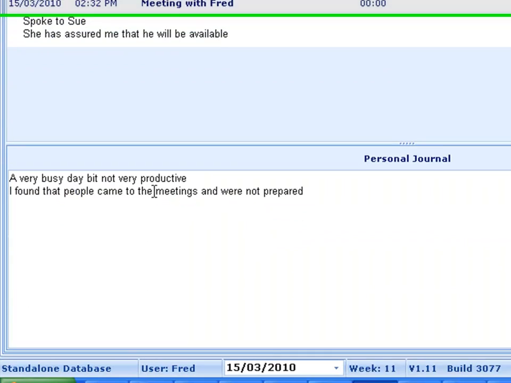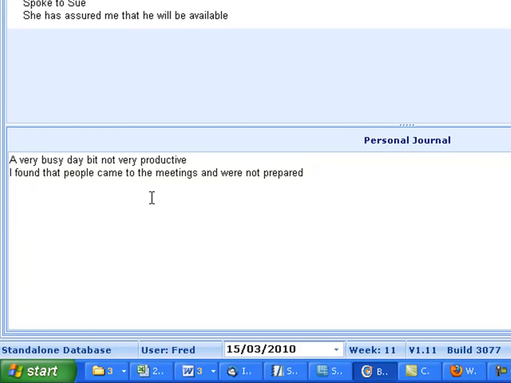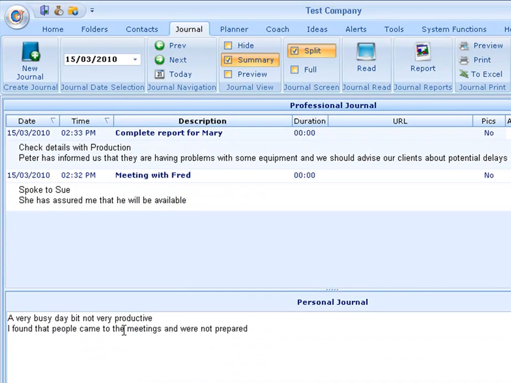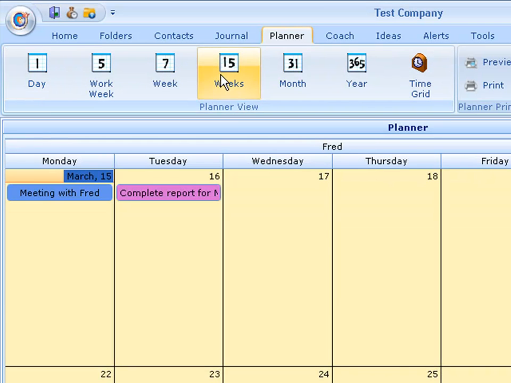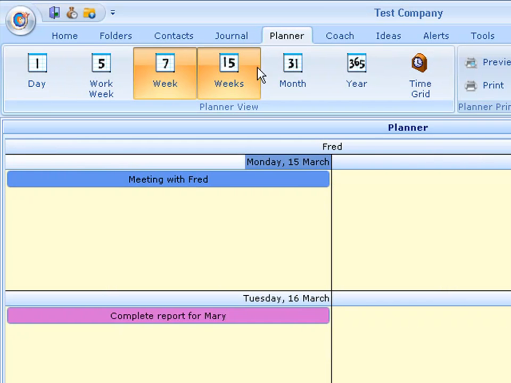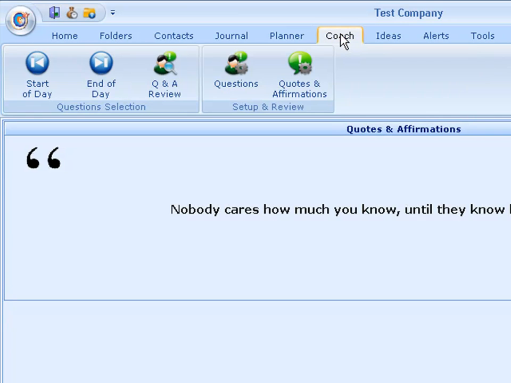Your personal journal is where you go and write up any ideas, thoughts, feelings, whatever it is that matters to you for the day, you write up in there. The planner, from here I can make appointments, I can review what I've got planned in any number of ways. Coach, that's where we start holding ourselves accountable to ourselves. One can set up questions, quotes, and affirmations. The questions are of 2 types. It's either a start of day or an end of day question, and that again is handled under a separate